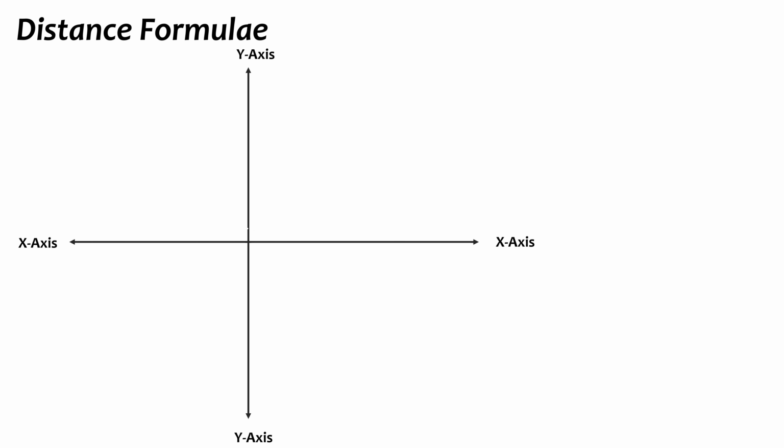Let's now move on to the distance formula. The distance formula is used to find out the distance between two points represented as A(x1, y1) and B(x2, y2). Let's try to find out the distance between these points A and B. It is represented by the length of line AB. Let's construct a line from x1 to x2 like so and call it AT, and a line from y1 to y2 like so and call it BT. We can see we have constructed a triangle ABT, which is a right angle triangle.